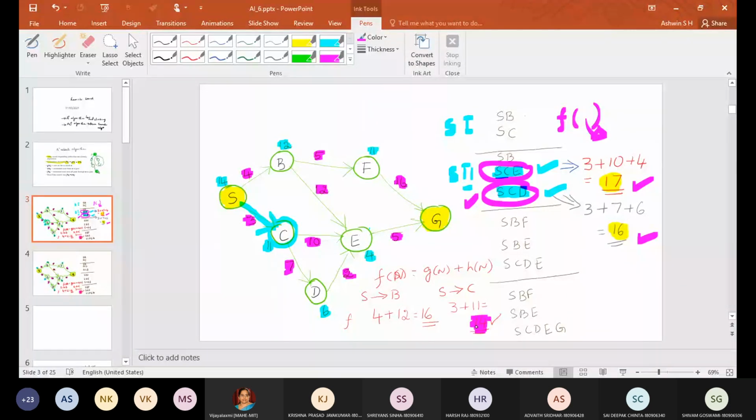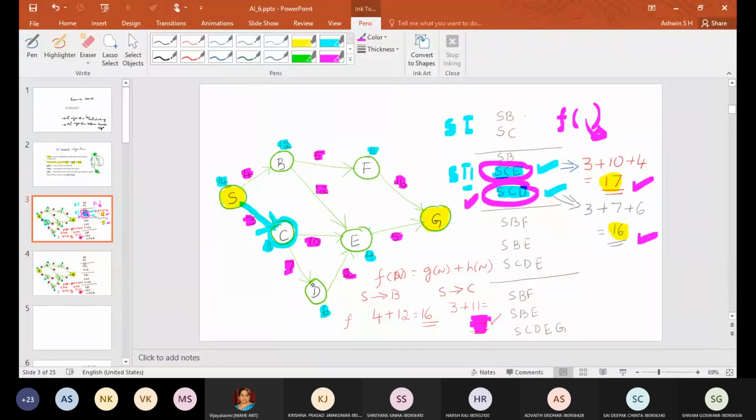At that moment you calculate. You are at a particular node, just to see what are the child nodes of that particular node, whether you are going to expand it or not, which path you are going to consider, that you should see. So here it is S to C. When you come to S to C, after C, you have connections E and D.